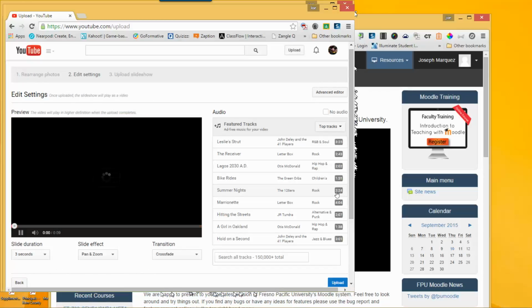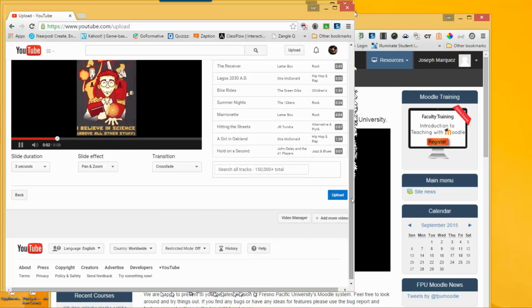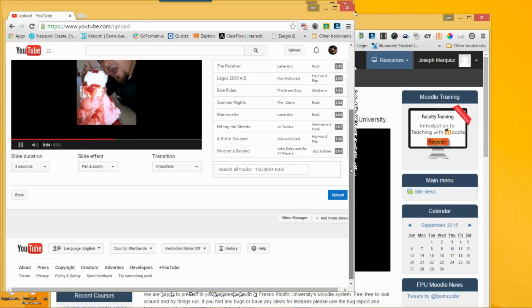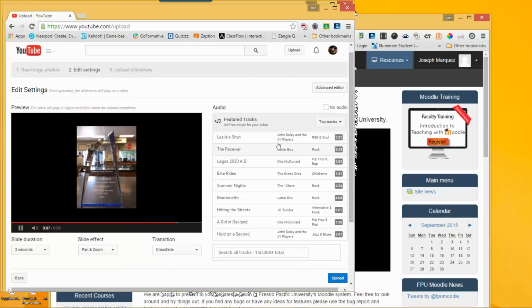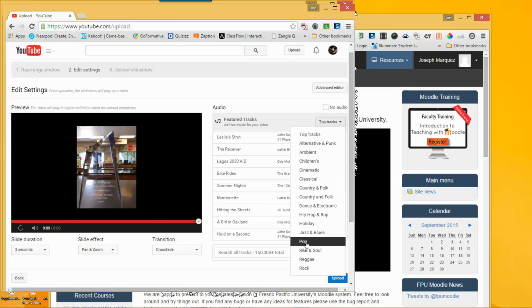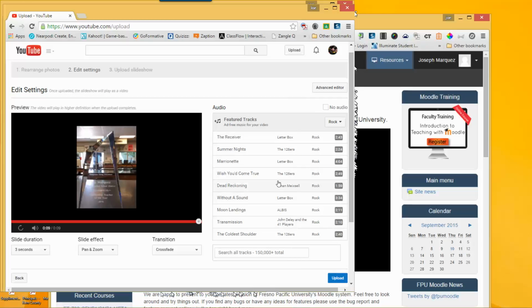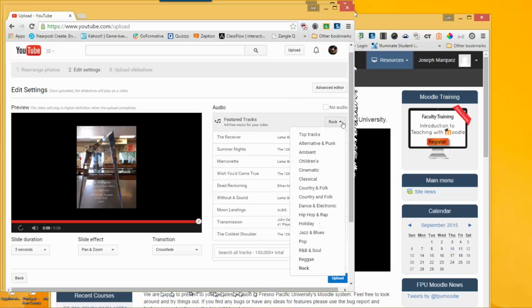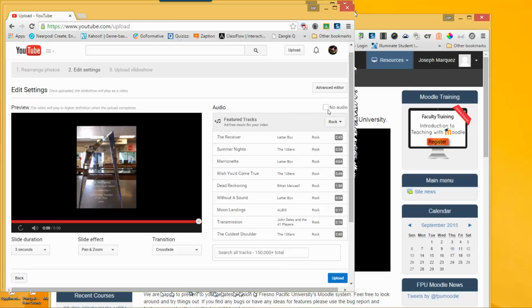And as you see, the interface is super easy to input the video and the songs. These are just the featured tracks. There's more, you could come into all the different ones. The ones that you saw are just the featured tracks. There is way more that you can choose, and if you don't want any audio, they can always select no audio right there. If you wanted them to do a voiceover, like why did they choose that, then you would save this, and then under video editor, you can go in and add in a voiceover. So let me go ahead and choose this one.